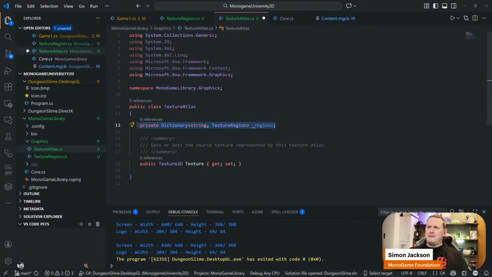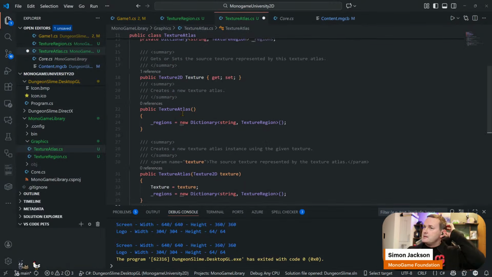There are ways around it. That's generally not worth the effort of doing it because what I find is a dictionary is good for runtime, for doing things. For data storage, you generally want to handle it a different way, and we'll show some of that. Okay, so when we want to go and create a TextureAtlas,